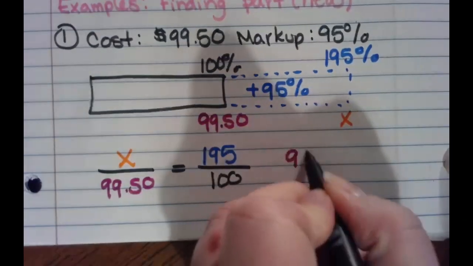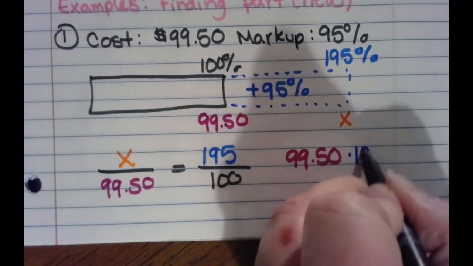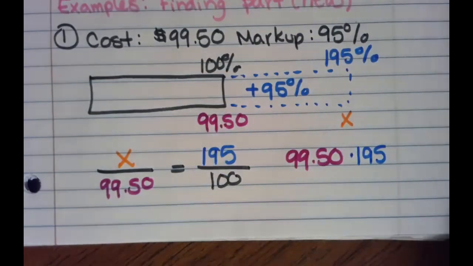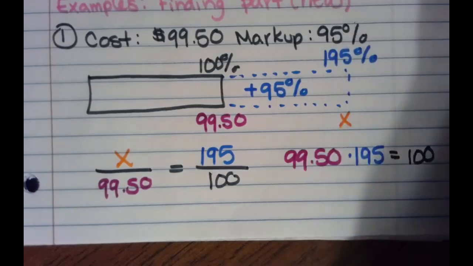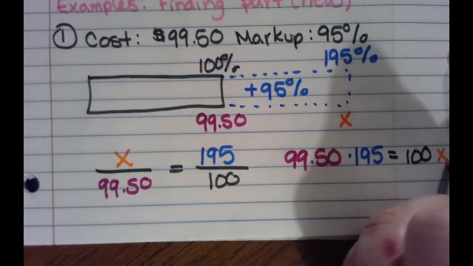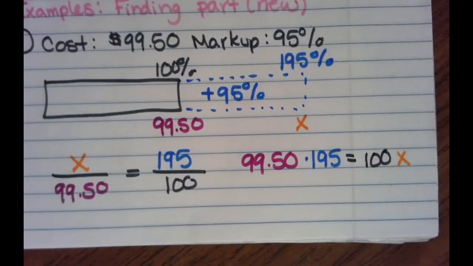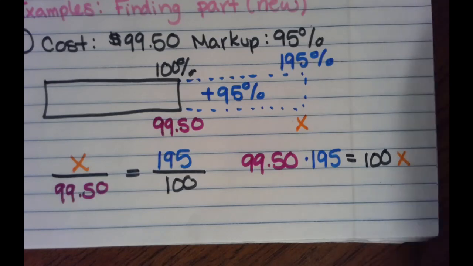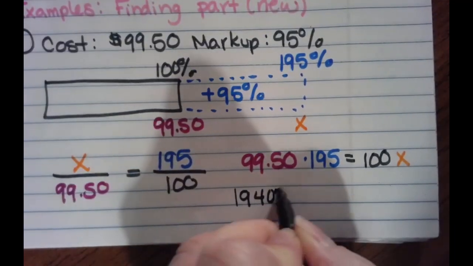So we do 99.50 times 195 equals 100 times x. So we cross multiply. When we multiply 99.50 times 195, we get 19,402.50